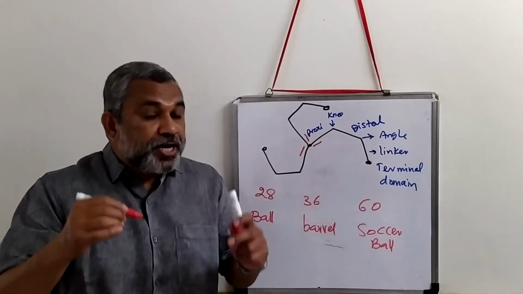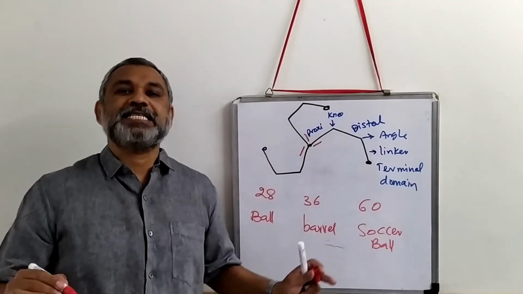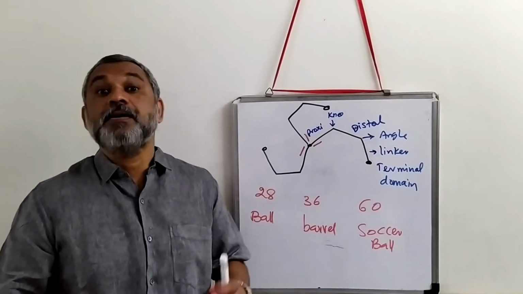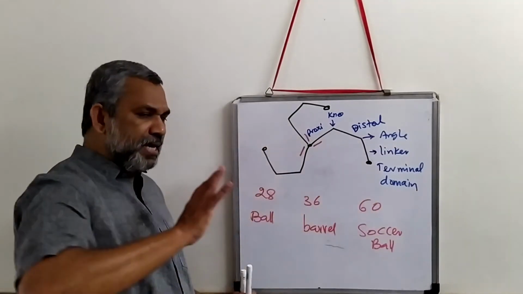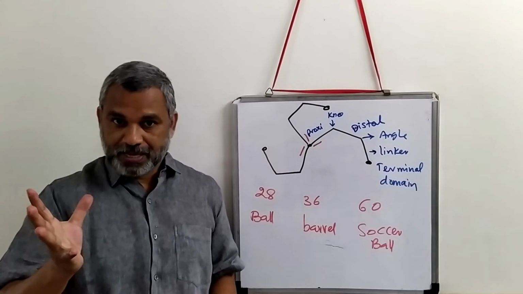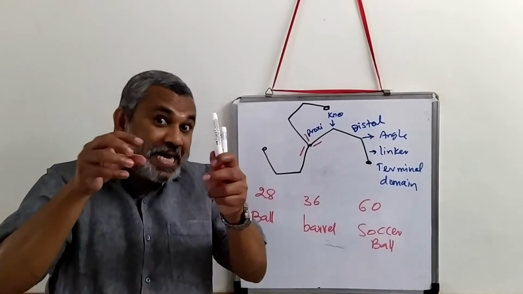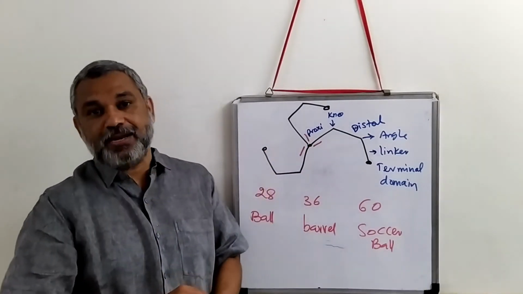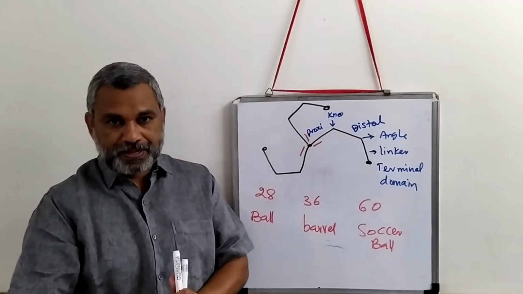I request that you look into a textbook in order to see the shape it takes. All the structures have been very well identified. They have been characterized with the help of the electron microscope. So these are the three shapes it takes, and it forms a kind of a cage. So this is forming a cage, and the cargo is going to be inside. Okay, so we are looking at the structure of the clathrin, the triskelion, which is from the clathrin coat.